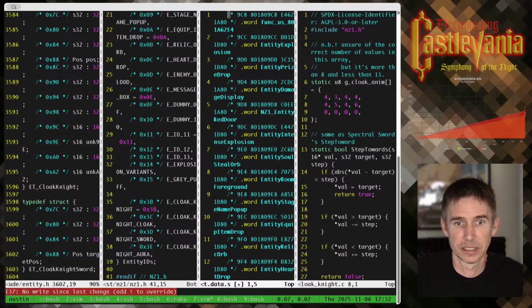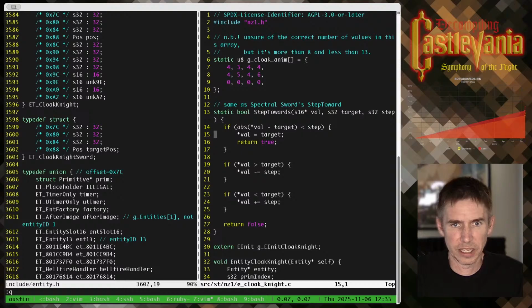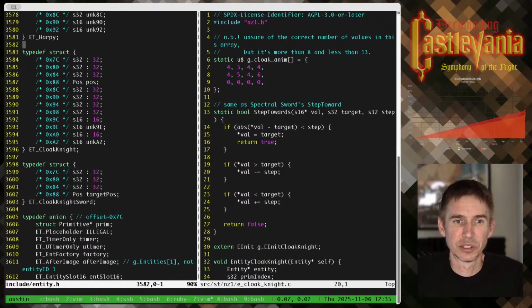So I was looking at that data to make sure that we have everything. So I built all. What I'm going to do is move nt1.h out of the way. We're probably going to be mostly working through the Cloak Knight sword, and maybe a few other entity extensions that exist. I've talked about it before, but just as a refresher,